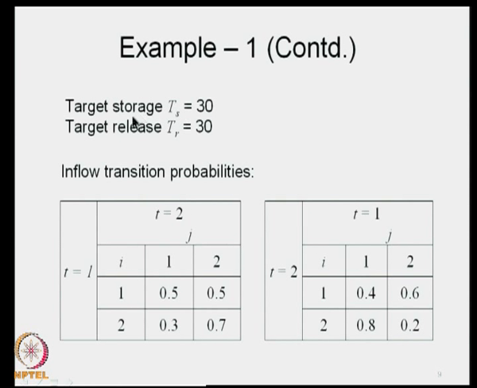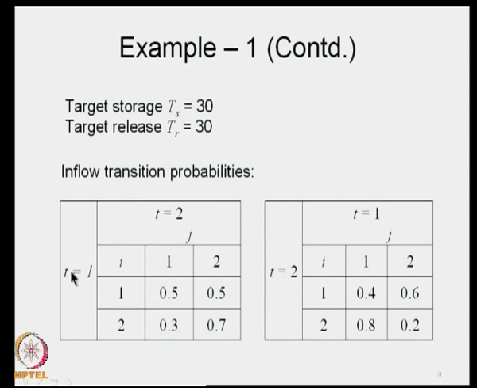Then, for this example, we are putting a storage target of 30 and the release target as 30. Both of them are 30 units each. The most important requirements for the SDP are the inflow transition probabilities. So, we need to define the inflow transition probabilities